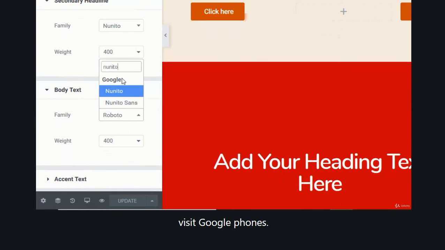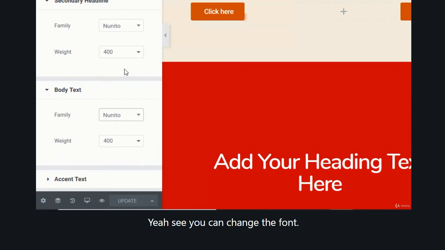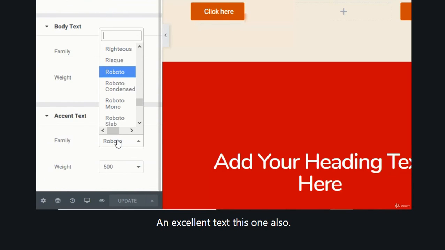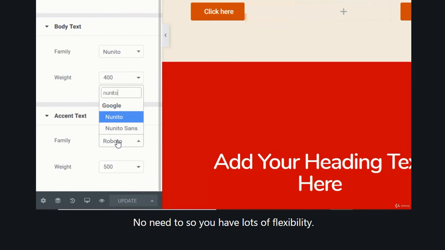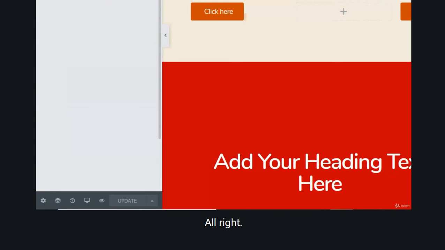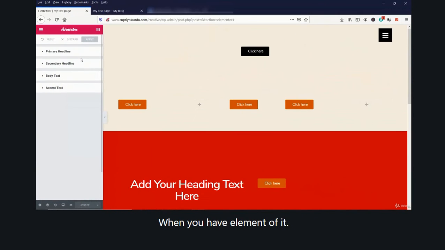These are Google fonts, all right? See, you can change the font. And accent text, this one also, let's change it to Nunito. So you have lots of flexibility when you have Elementor with you.